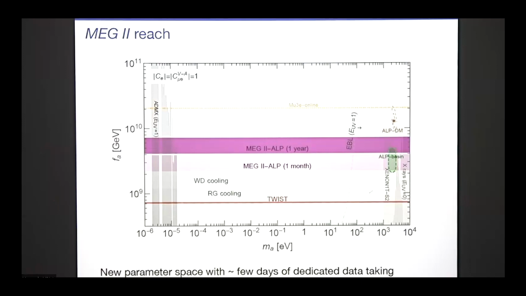The bands are parameterizing our ignorance, because we can't accurately estimate what the trigger rate would be without having full access to the simulation. So this is entirely theory ignorance, and MEG would not be subject to this type of uncertainty because they know what they're doing and we don't. That's really the only difference here.